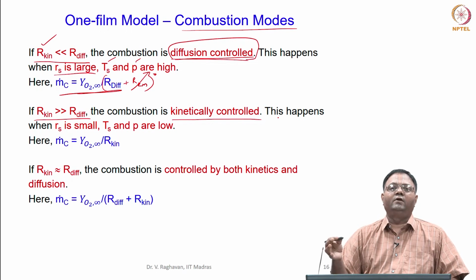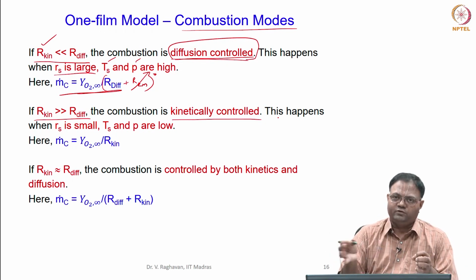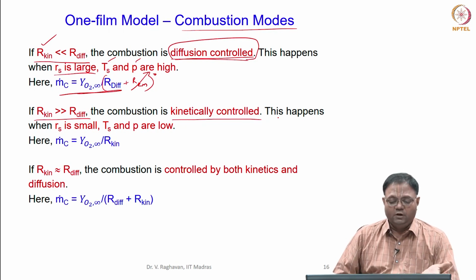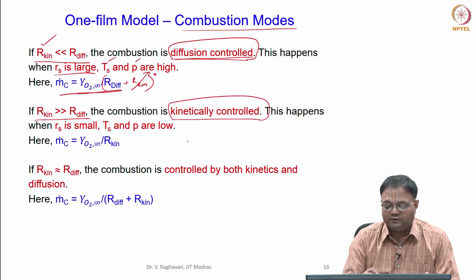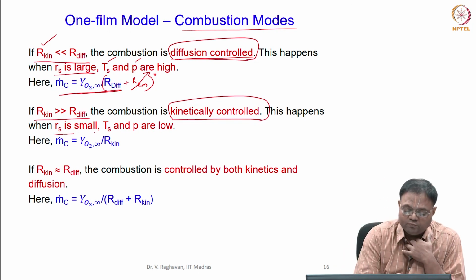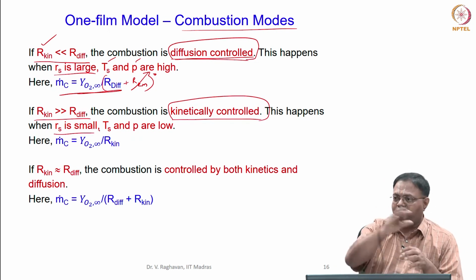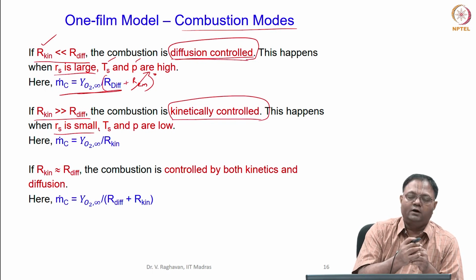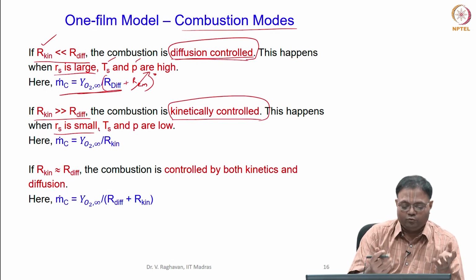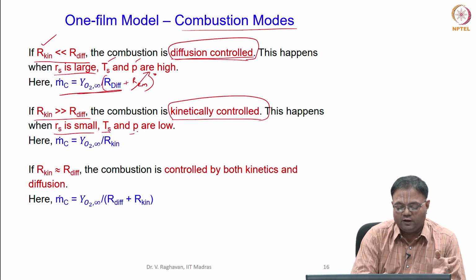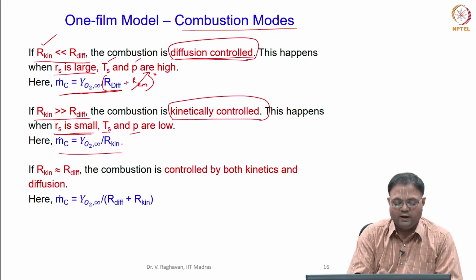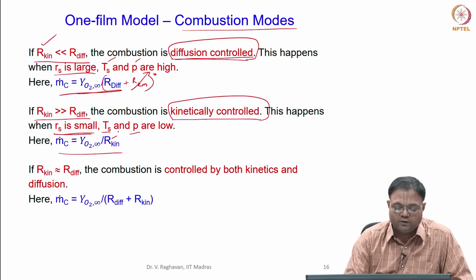Oxygen is readily available. Once the oxygen is consumed, oxygen is instantaneously provided to the surface, but the chemical reaction takes some time to finish. So it is kinetically controlled. This is the other extreme. When very small, the oxygen is present everywhere, very small droplet, the reaction takes some time to finish. Oxygen will immediately diffuse in and wait, reaction is complete, and so on. So, low Ts, low P and small Rs, this situation will be there. Again, only the kinetic resistance is included in the equation.